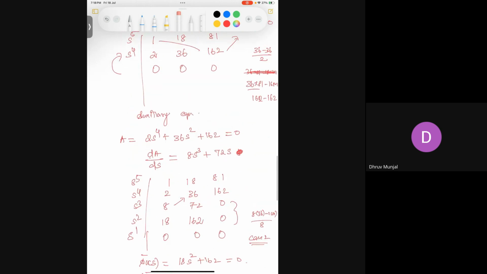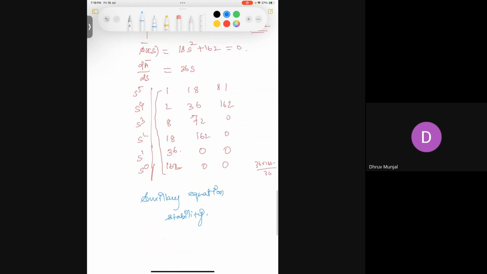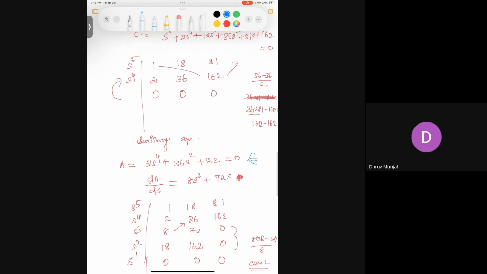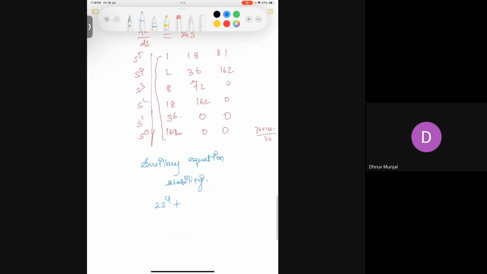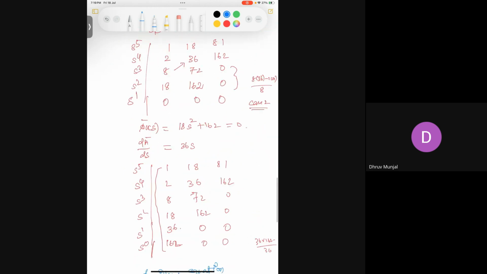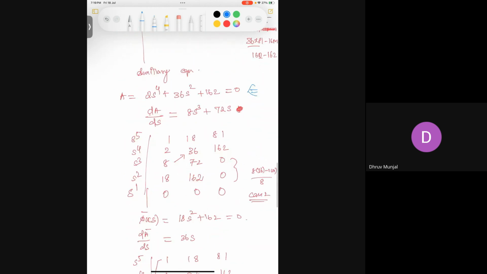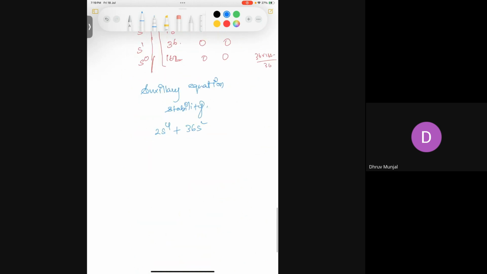This equation, 2s^4 + 36s^2 + 162 = 0. Okay. If you look at this,